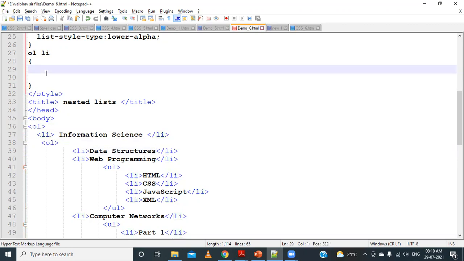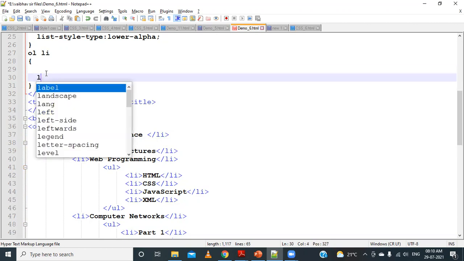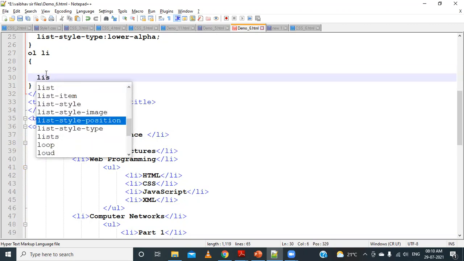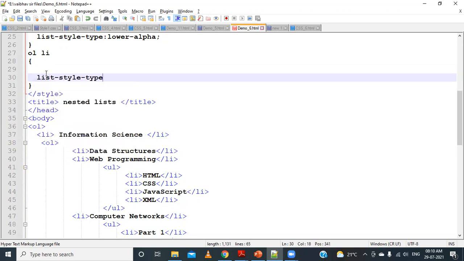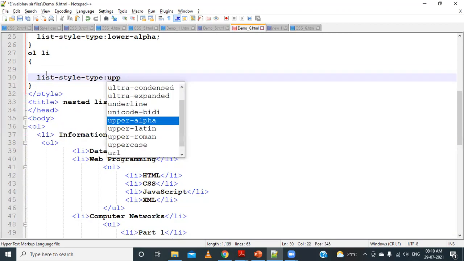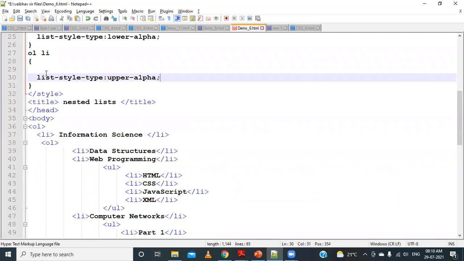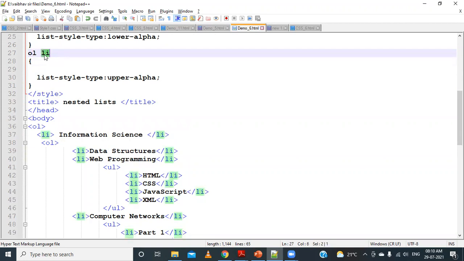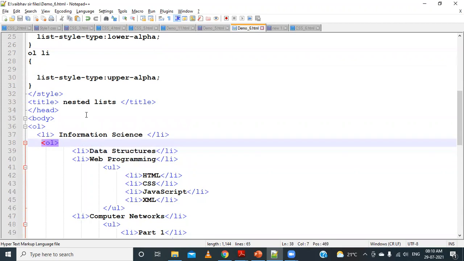I will say OL LI, and here I will say list style type, and I will say upper alpha. Then I will close it. That means there is no need to specify the class, because we are not using class selectors here, so it is just OL and LI. So all the lists which are inside the OL will have this particular property.